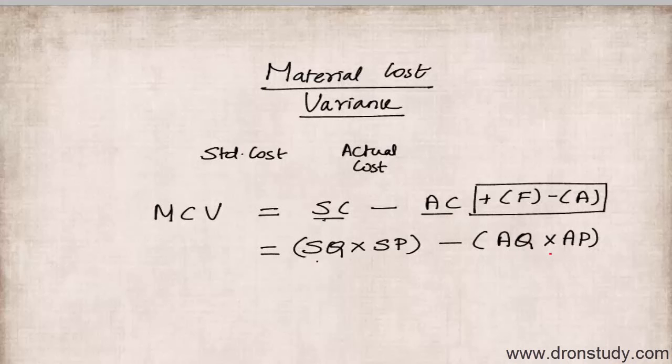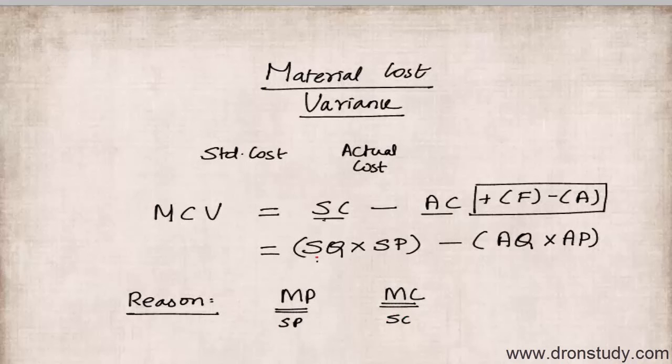Now we have to understand one important point, that is why there is going to be a variance, why your actual cost is differing from standard cost. Understand, material cost variance arises mainly because of either a difference in material price or a difference in material consumption. So the major contributor for the variances in material cost is either the material price, which is differing from the standard price, or the material consumption, which is differing from standard consumption.